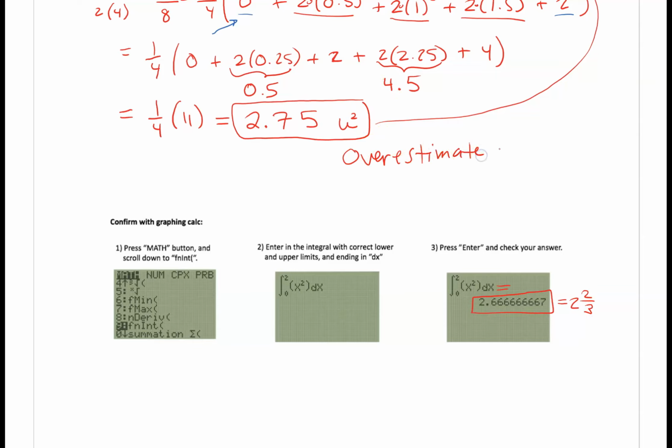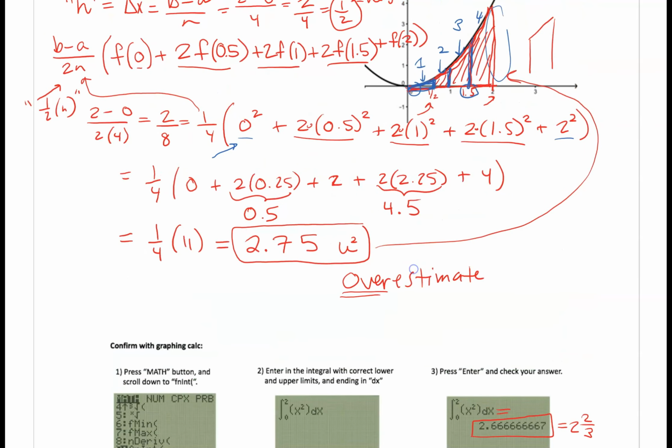And it's important that we know how to tell whether your trapezoid rule is an over or underestimate, and it has to do with the concavity. So notice that this graph was concave up, right? It was opening up, and so what happens is, I'm just going to draw an exaggerated picture. This is a concave up curve. If you draw a trapezoid,